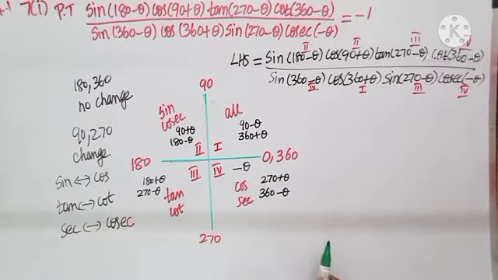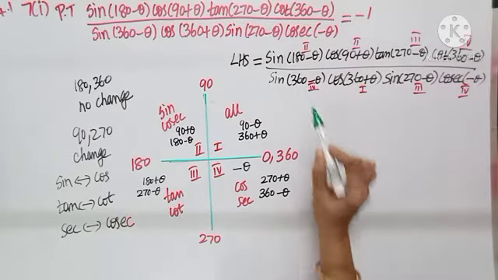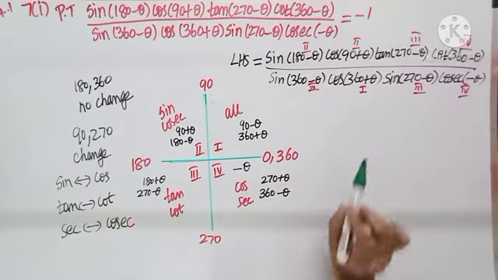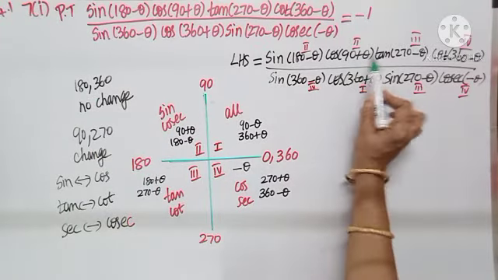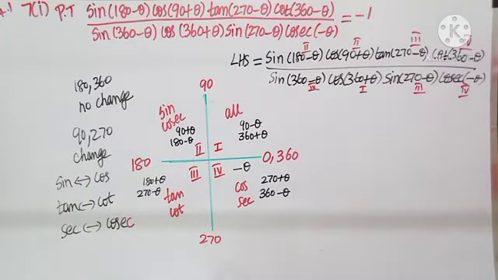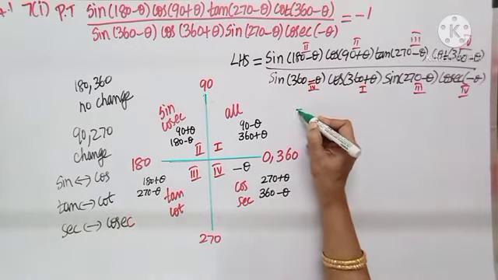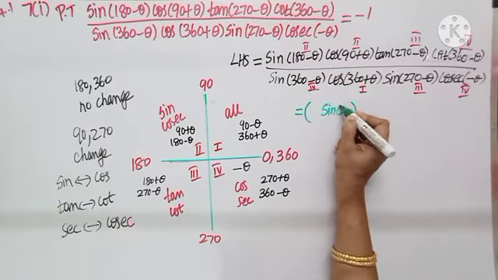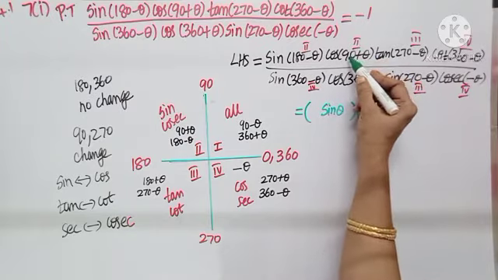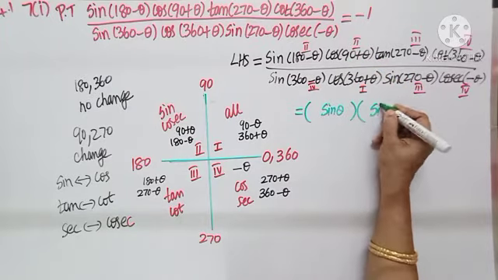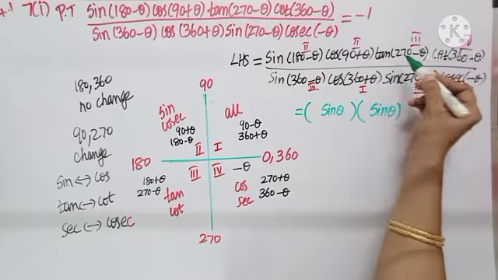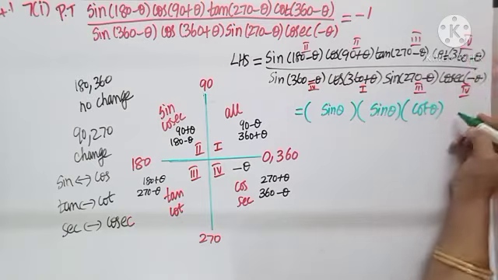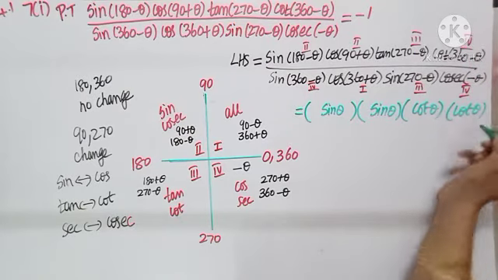First thing, I will check whether it is 180 or 360. If 180 or 360 comes, no change. Write the ratio as it is. Whereas if 90 or 270 comes, change it. So how do I write it? Numerator: 180, no change, write sin theta. 90, so cos will become sin theta. 270, tan will become cot theta. 360, cot theta as it is. Denominator,